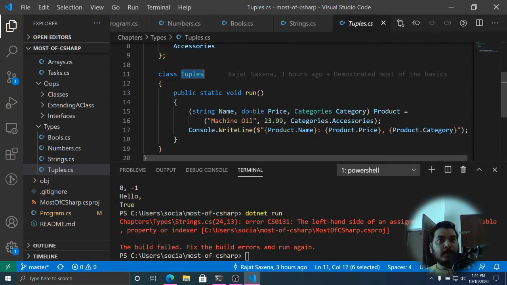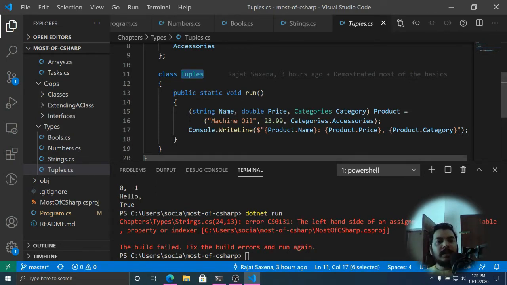What is the price of that product? Now, if we look closely, all the data types for representing these properties are different, but I somehow want to club these things and create a product, and this product should have these three properties, right? I can create a class, but I can also create a tuple.